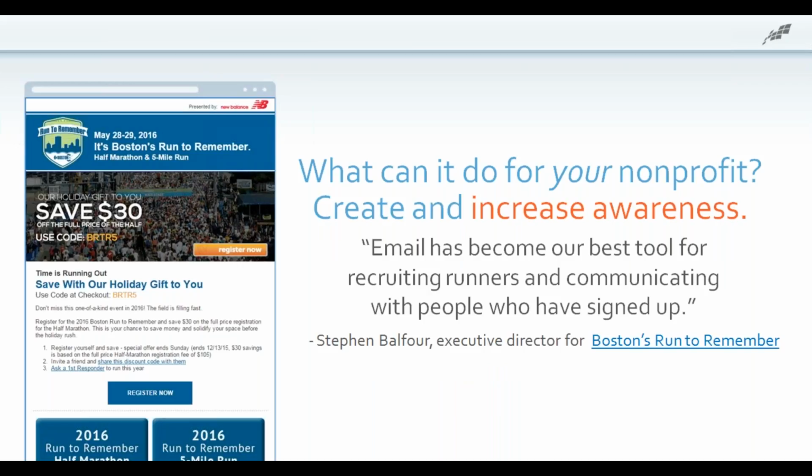Now, here's an example of a fundraiser that's connected with an event, specifically a marathon, right? What do they want you to do? They want you to register now. How do you know? There's an orange button that says register now. And then at the bottom, they have register now. How much does it cost to register? $30, right? You see all this information very quickly, very summarized.